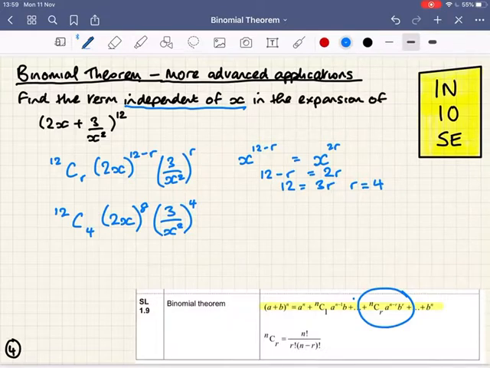And then if I multiply that out, I'm going to get 12C4, which is 495. 2 to the power of 8 is 256. And 3 to the power of 4 is 81. And of course the x's will disappear here because I'll have x to the power of 8 divided by x to the power of 8. So I'm just left with a term independent of x, and I get a nice big answer there of